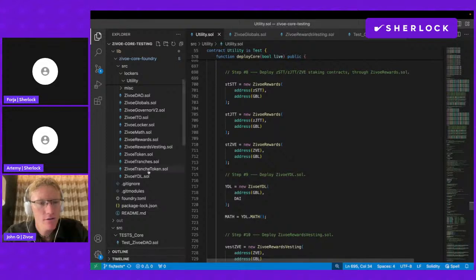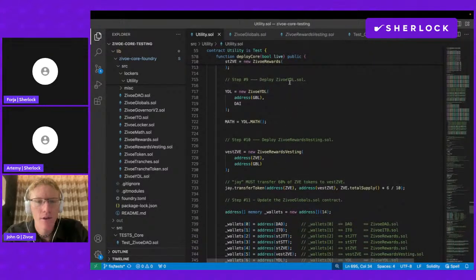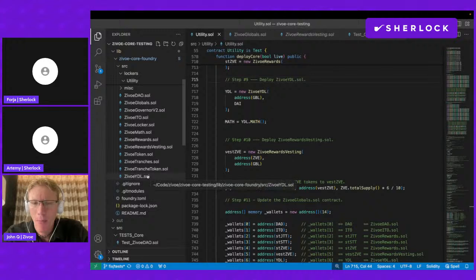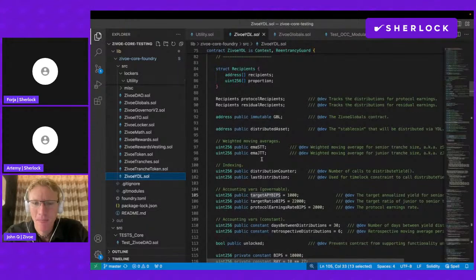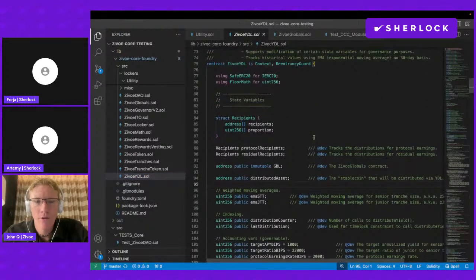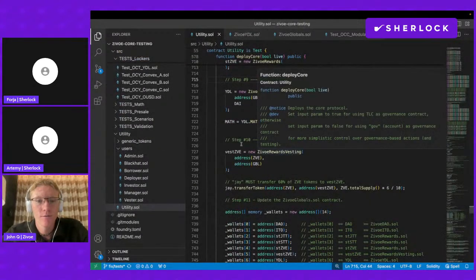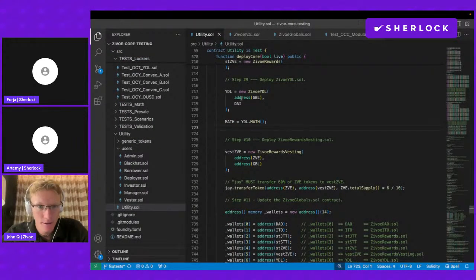Then we have staking contracts through Zivoe rewards that we deploy for each particular token. Then we have the YDL. The YDL is a very large contract filled with some fairly interesting mathematics. I think it's worth explaining how the YDL works because it's probably the least straightforward contract and it's not immediately clear what's trying to be done. So I'm going to take a moment to explain that, but I'll finish explaining this utility, this deploy core